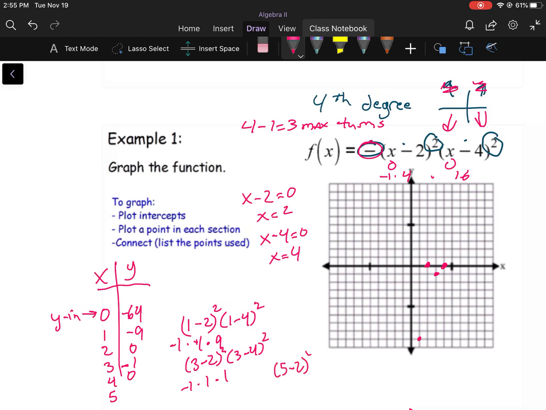So 5 minus 2 squared, that's going to give me 9. 5 minus 4 squared, that's going to give me 1. And of course, the negative 1 from out in front, so that's a minus 9. Yeah, that's also nice as well. My idea is that I want to use my x-intercepts as boundaries. So I picked a number that is before my x-intercepts, in between my x-intercepts, and outside of my x-intercepts. And I get something that looks like